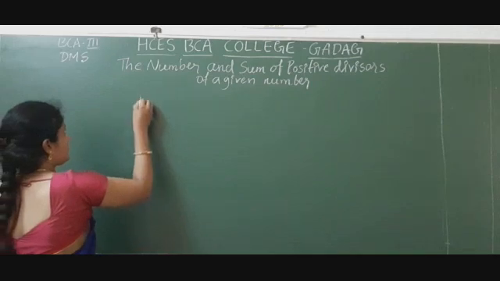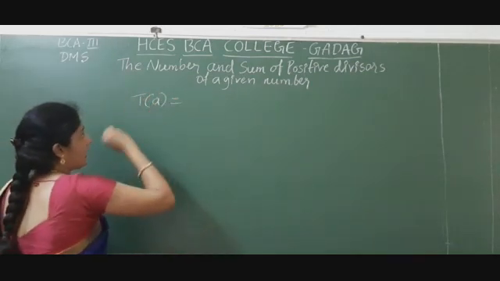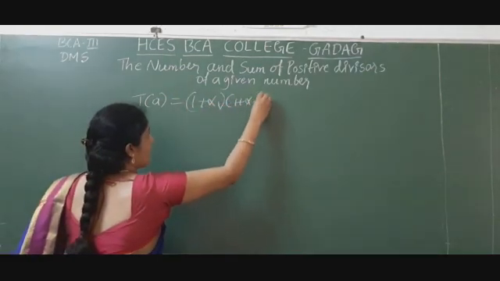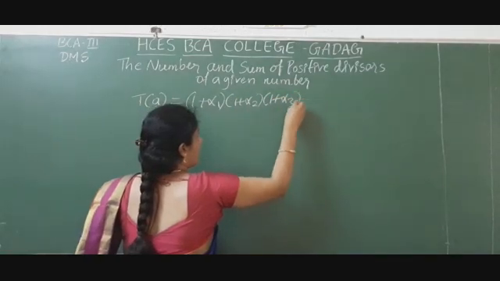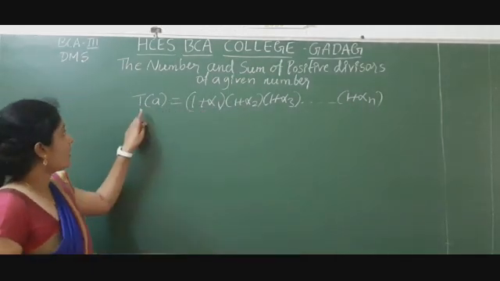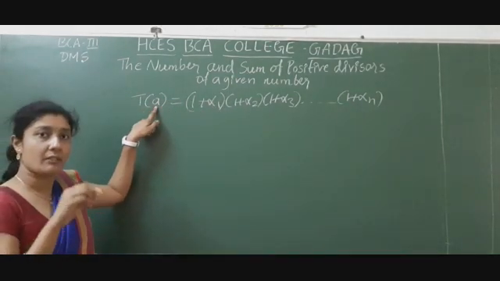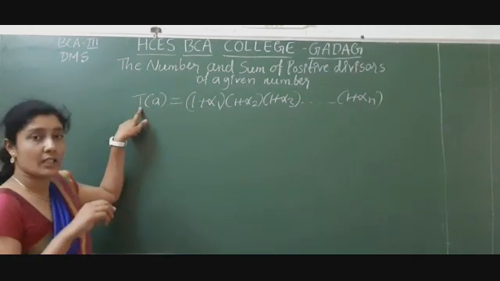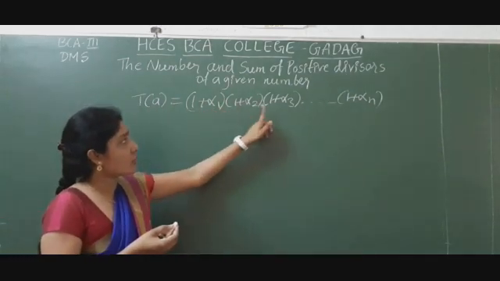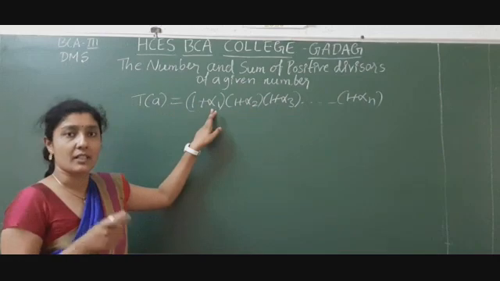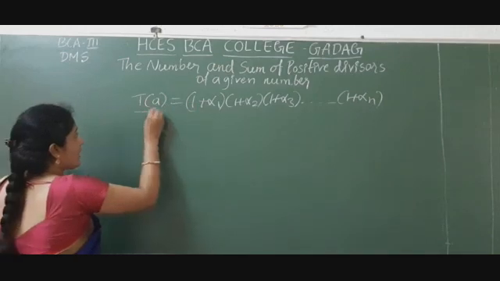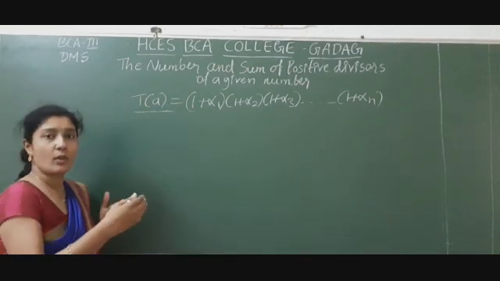The first one is T of A is equal to (1 plus alpha 1)(1 plus alpha 2)(1 plus alpha 3), and so on up to (1 plus alpha n). Okay. So, see here, A is nothing but the given integer. T is nothing but the total number of divisors of that integer. Alpha 1, 2, 3, alpha n, this alpha is nothing but the degree of that particular divisor. Okay. Next, this formula is used to find out, as I told you, the total number of divisors of the